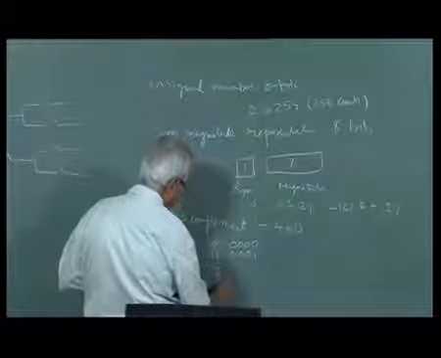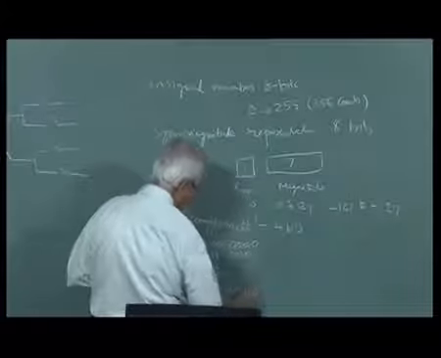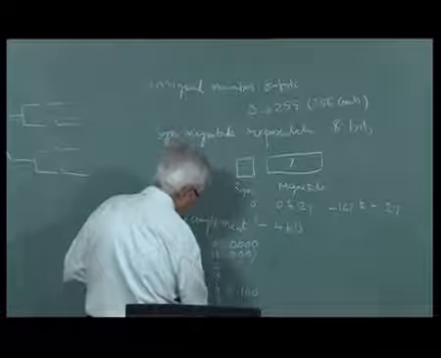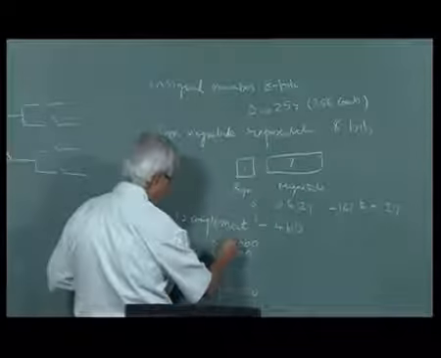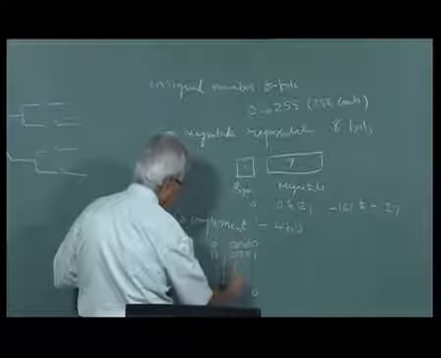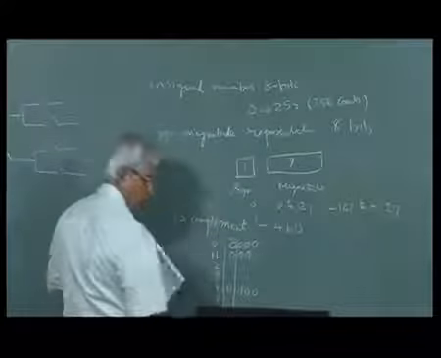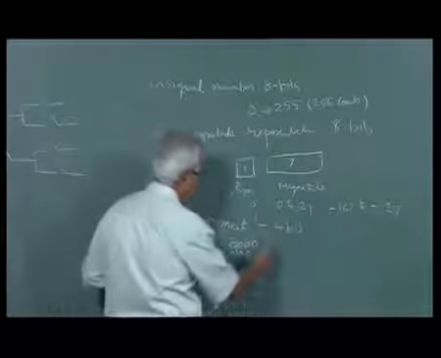So for example, 4 will be 0, 1, 0, 0, 7 will be 0, 1, 1, 1. Since we have reserved this number as a sign, I can only have numbers from 0 to 7, positive 0 to 7, plus 0 to,